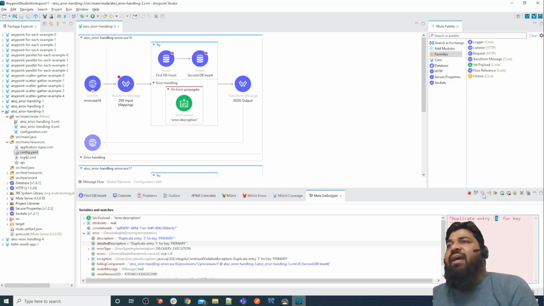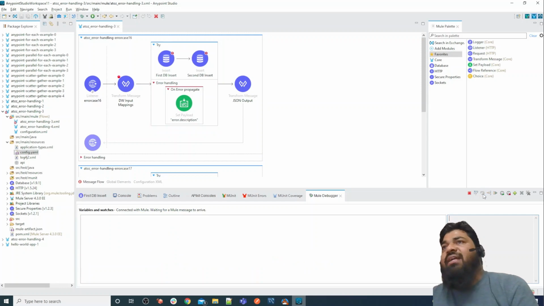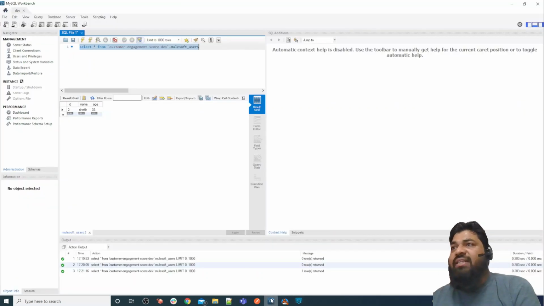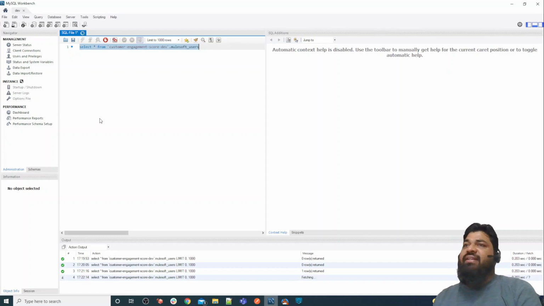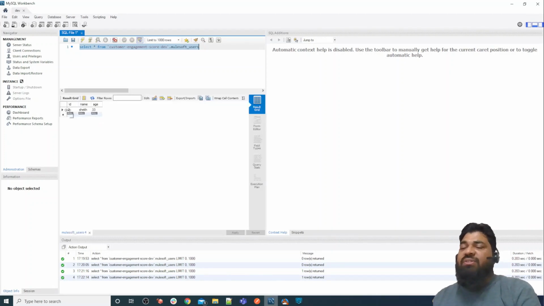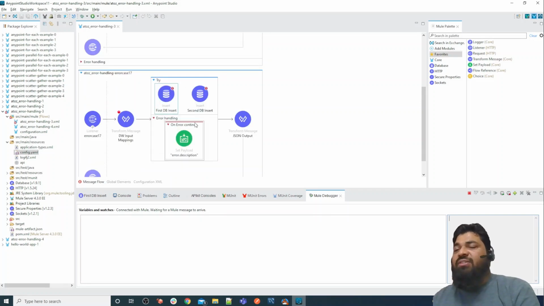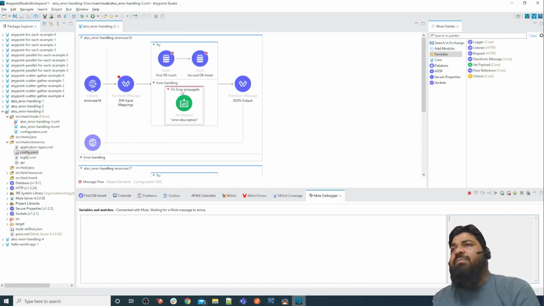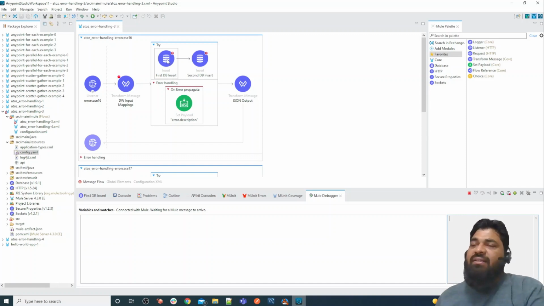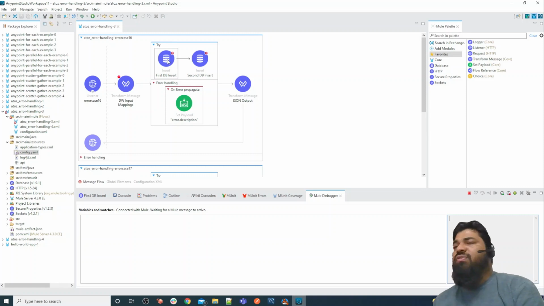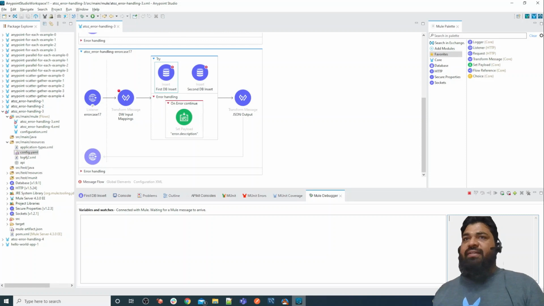And it propagates the error to the try, and the try will basically roll back the transaction. So inside the database you're not able to see the 3 entry, you're only able to see the second entry, which is inserted by this partially updated transaction, or we can say committed transaction. So on error continue helps for commit transaction, on error propagate helps for basically rolling back the transaction. So with on error propagate there is no partial data, it's either 0 or full success, but here it is partially updated.